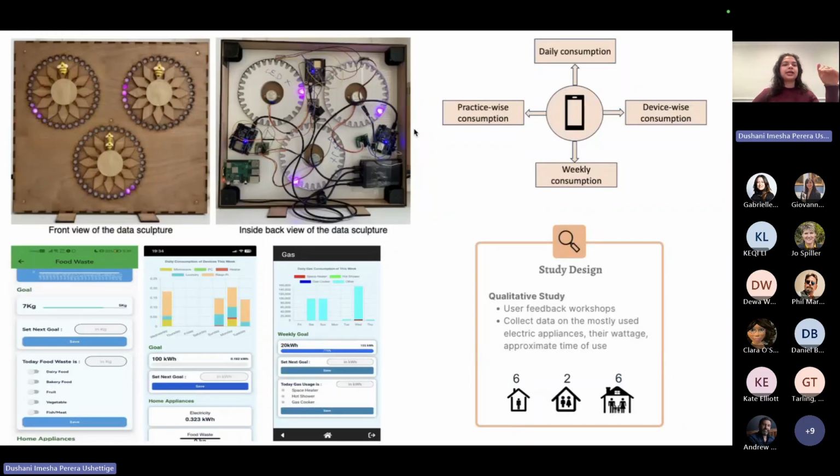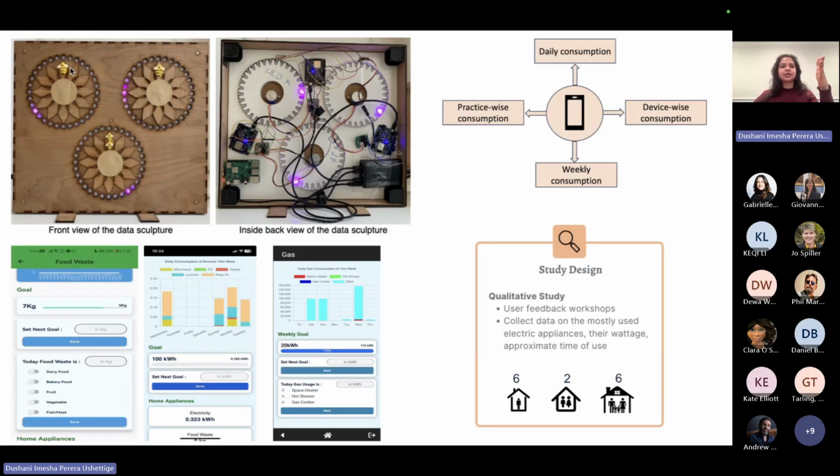So what I created was 3 discs, each one for electricity, gas, and food waste, because those were the ones they ranked as the most important. On each disc, there's a flower sitting on it, and on one petal of the flower, there's a bee. Around each disc, there are tiny flowers, which are addressable LEDs.